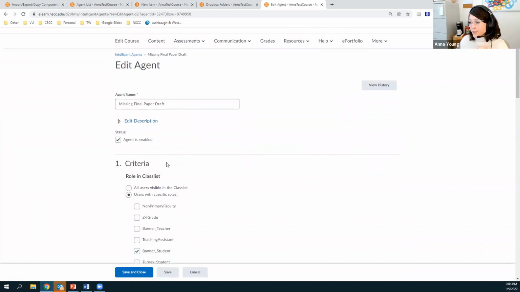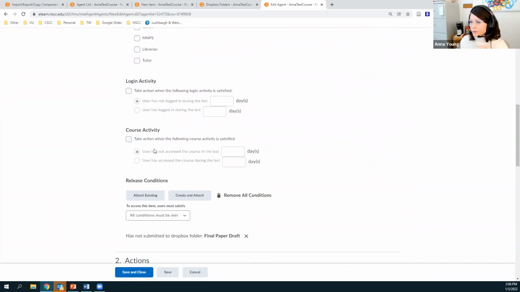That's right. Yeah. So I totally skipped over this part. But you can also have it monitor login activity. You can create a bot essentially that will take action. In most cases, it's going to be send an email when the following login criteria is satisfied. If the user has not logged in during the last 10 days or something like that, or course activity, if they have not accessed the course in the last 10 days, maybe you have an email that will automatically go out